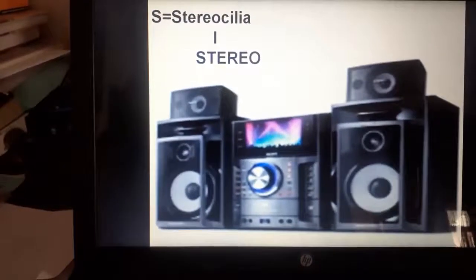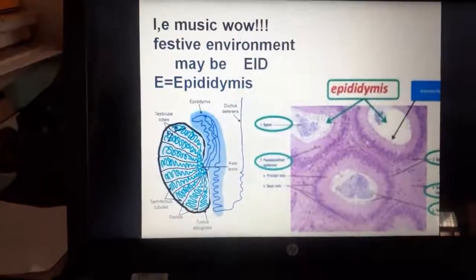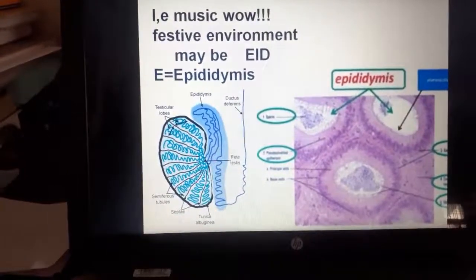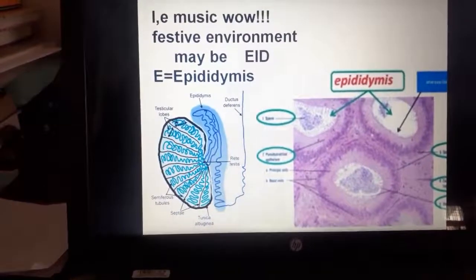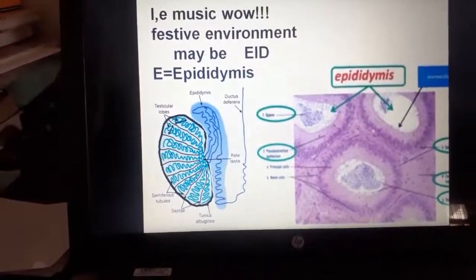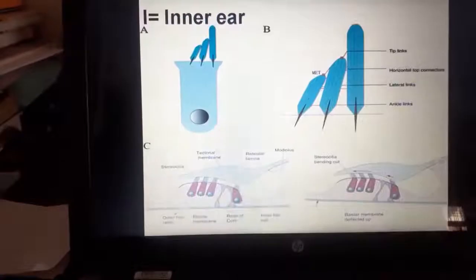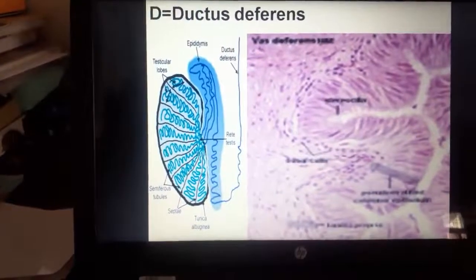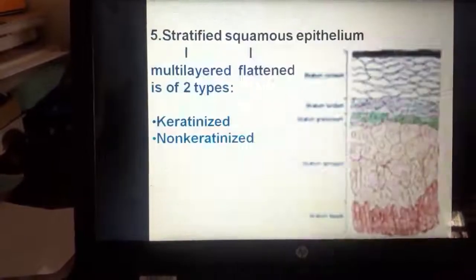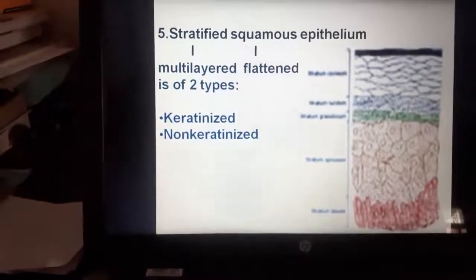the music system, and it gives a festive feeling. So Eid, one of the festive feelings, the festival, is Eid. So E for epididymis, I for inner ear, and D for ductus deferens. So pseudo-stratified is completed, and now coming to